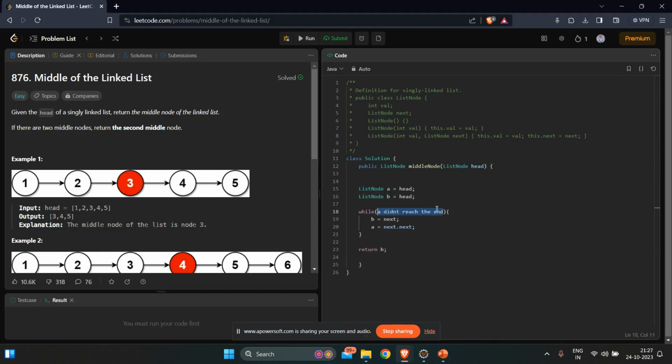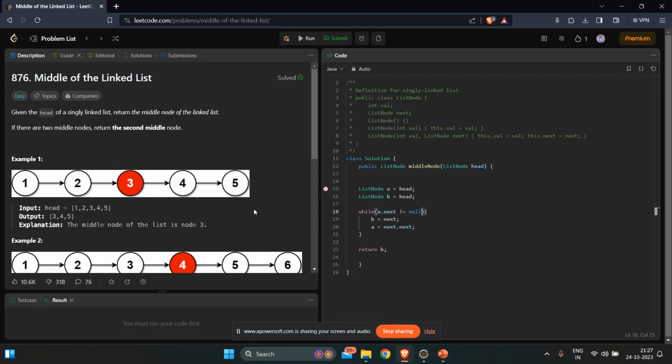Yeah, let's figure this out. So when will we know that they have reached the end? Let's see, at 5 right now. Okay, this 5. You see, the last element's reference to the next node is going to be null. Correct. So the first case would be the next element should not be null. That's how you continue running, which means a.next should not be null. Okay, so now there is another case we all forget.